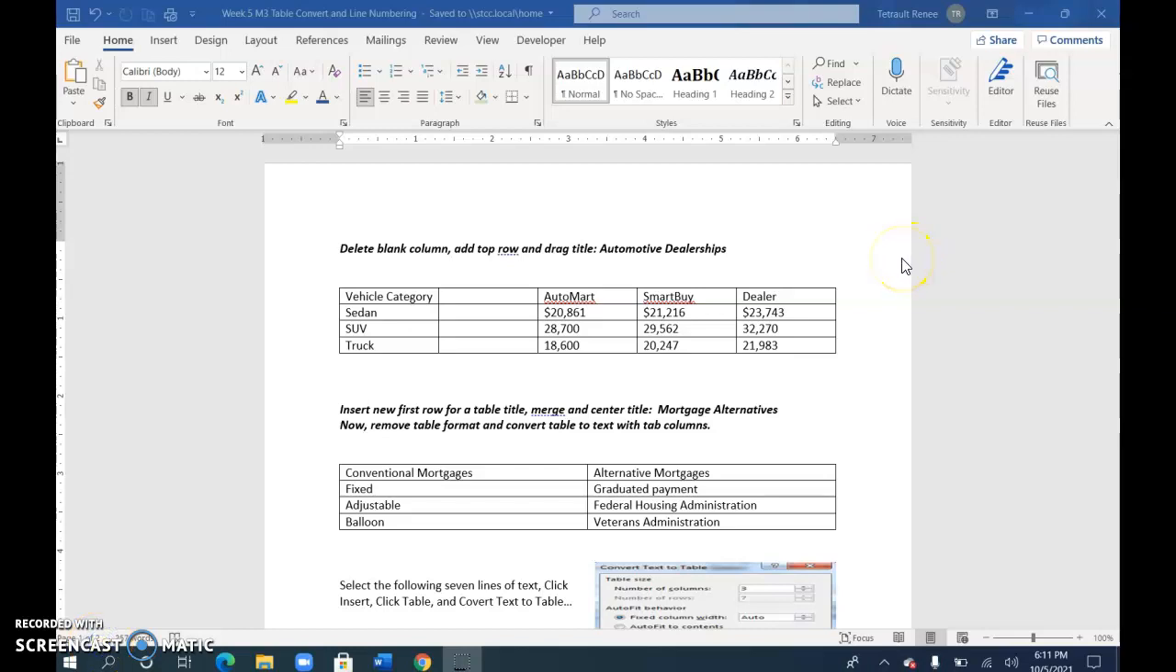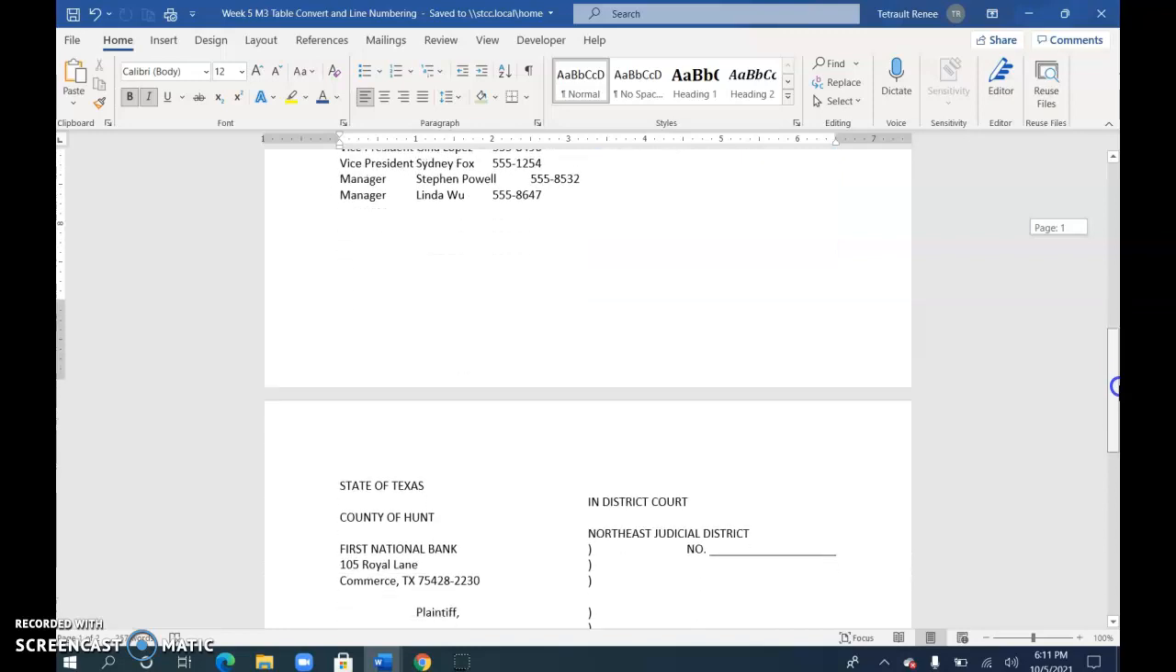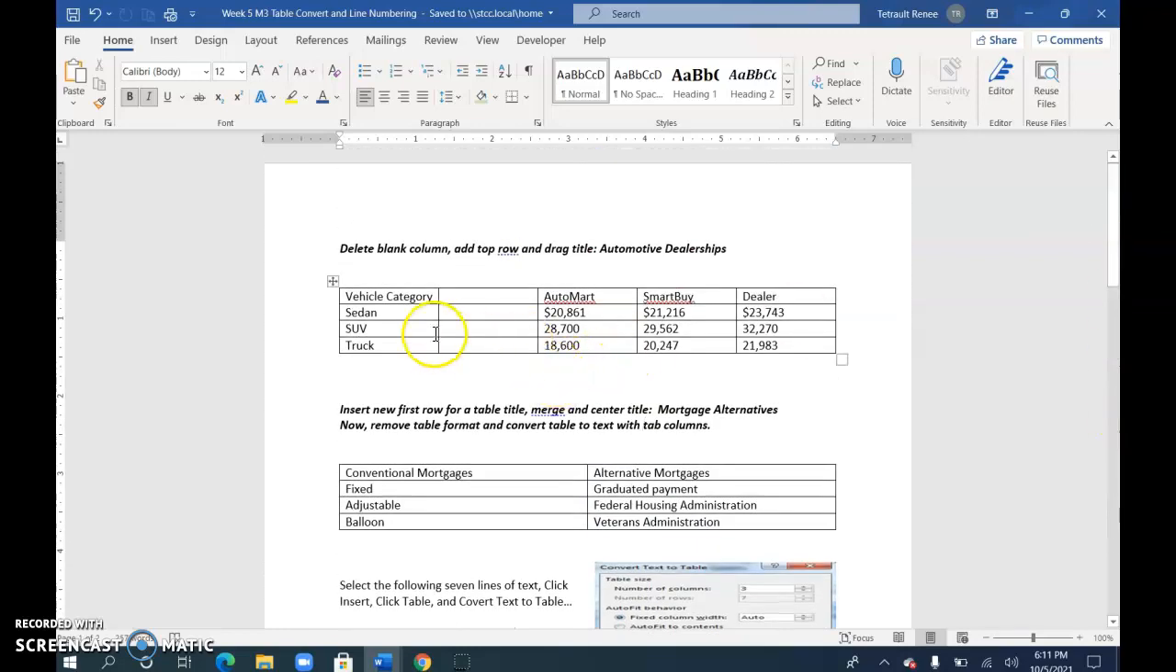This is the table convert and line numbering exercise. So it's actually two different assignments in one. They'll be doing 3 on the first page and then line numbering on the second page. On the very first one, we have 5 columns, and then we realize we don't need the fourth one,